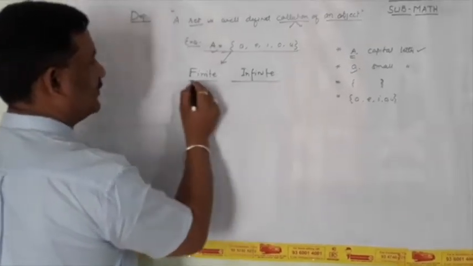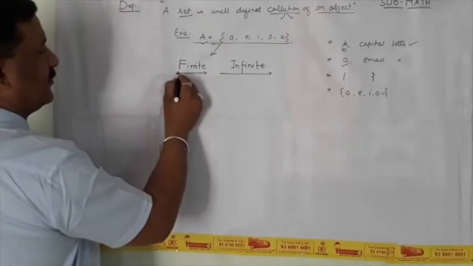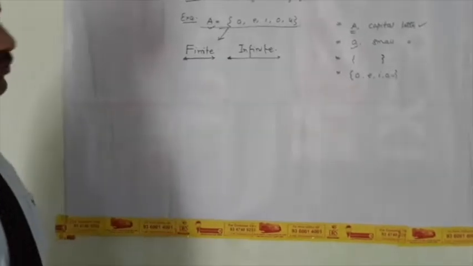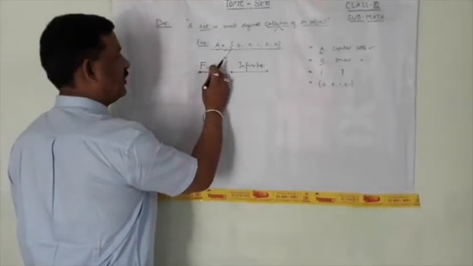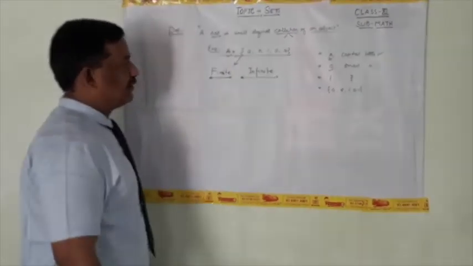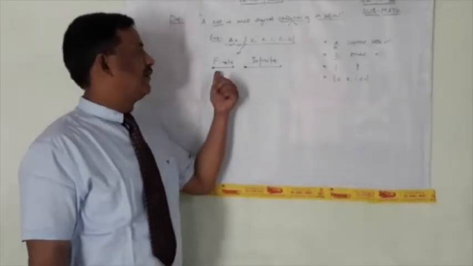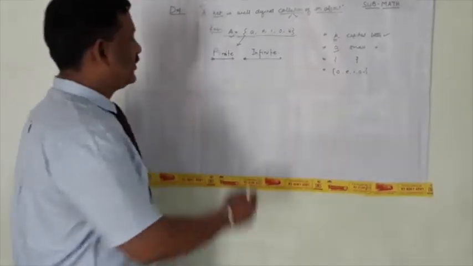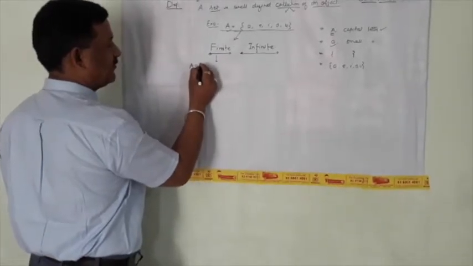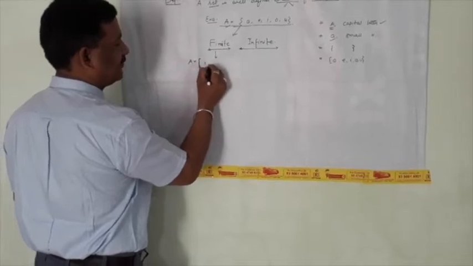But now there are some types of sets which I will discuss in front of you. The first is called finite, and another is called infinite. So first of all, we will discuss these two sets, finite and infinite. With the help of an example, then I will give you a definition. The example is curly bracket 1, 2, 3.